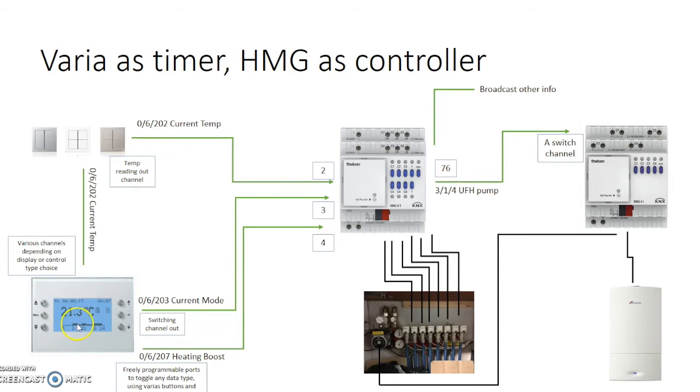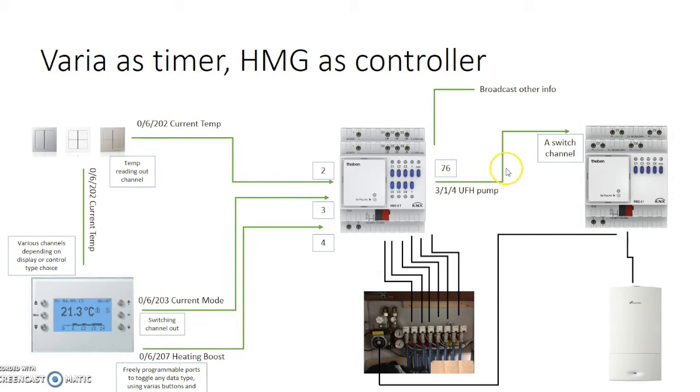So that's what those little bars are, that little histogram. And what's happening is, as the time moves along here and we flick between this point and this point, it will change. You'll get a message out here saying, okay, we're going to change from nighttime to comfort, and that'll go out on this channel into the Theben. This will update its set point. It'll register, it'll look to see what the current temperature is, and then decide whether it needs to switch on